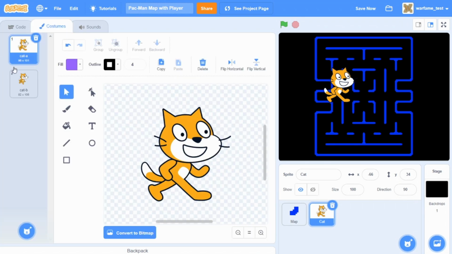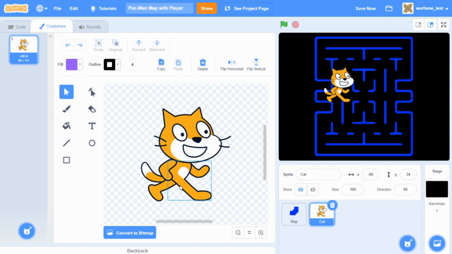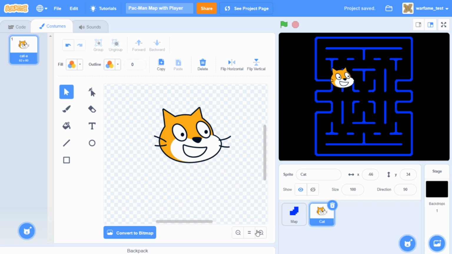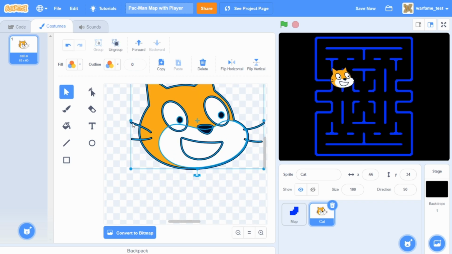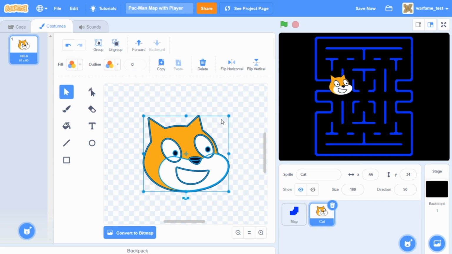And inside of costumes, I'll delete cat B. And for our player, I'll just make it simply a cat head. So I'm going to select this and remove the body. All right, and I'll also remove the whiskers. So I'm going to have to first ungroup this and then delete the whiskers. Okay, and now we have our player, so I'm going to center this, like so,